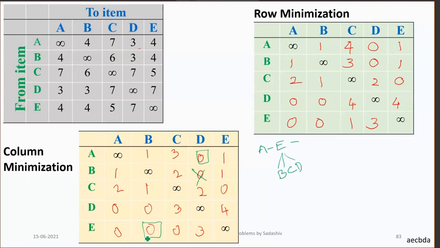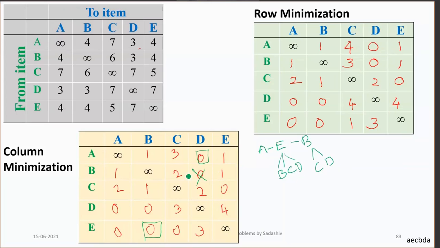If you assign E to B, then from B he can go only to C and D. In the B row there are no zeros. If there is no zero, then we go for the least number, whichever is the least. Whatever options are remaining with us, C and D are remaining.